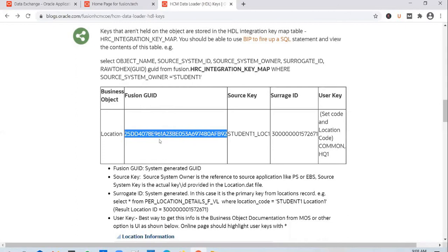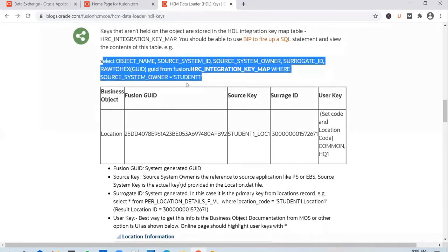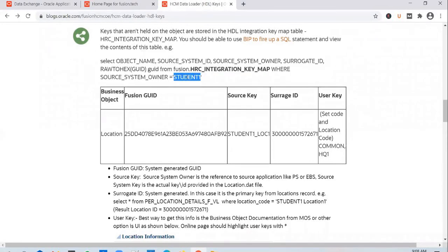And if you want to figure out what GUID is generated for the record that you have loaded, you can query this table, HRC integration key map table, and you can mention the source system owner that you have used. If you run this query replacing the source system owner with FT14 PeopleSoft, you will see 3 GUIDs generated.